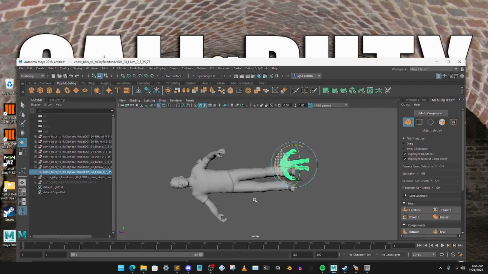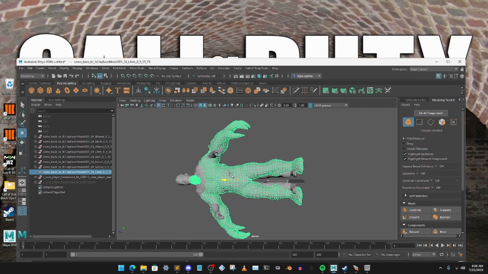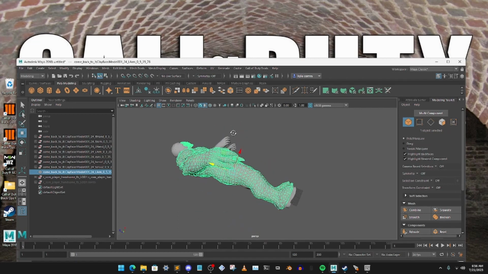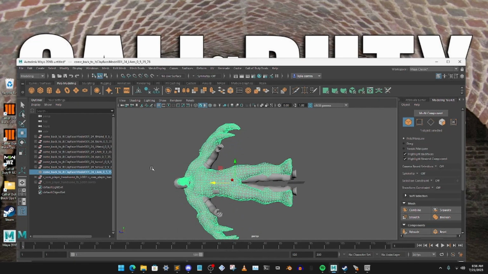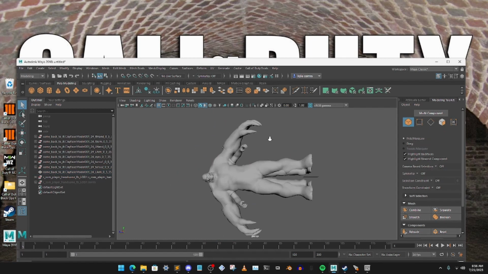And there we go, and make sure he's perfect. Go to move. I'm going to move him down so his legs are in there. Then I'm going to go back to scale and just scale him up, and then just line him up, and you'll be good. I want to make him a bit bigger. There we go. Just about there. So once you've done that, you can go ahead and hide the